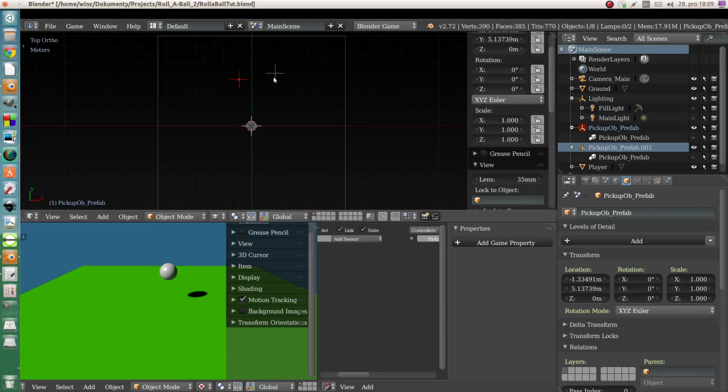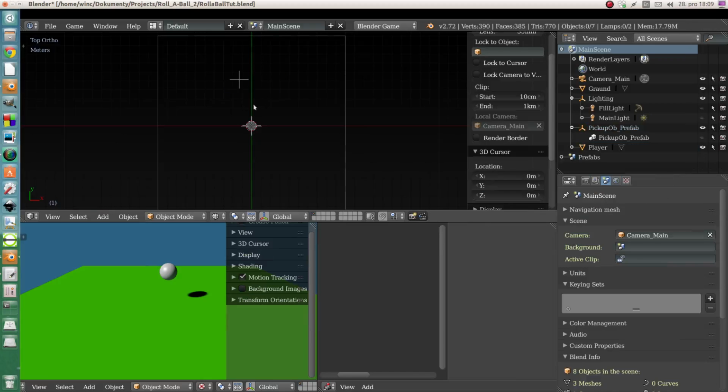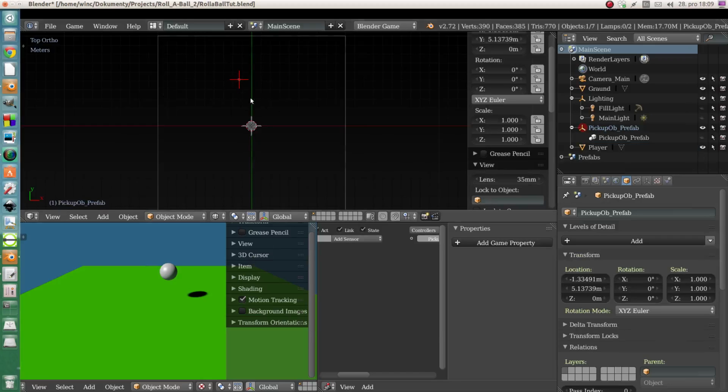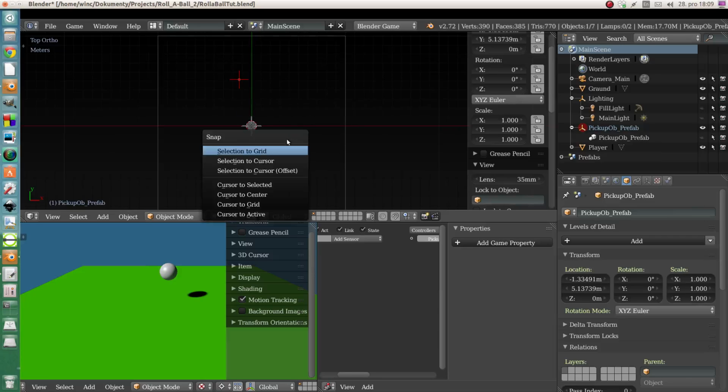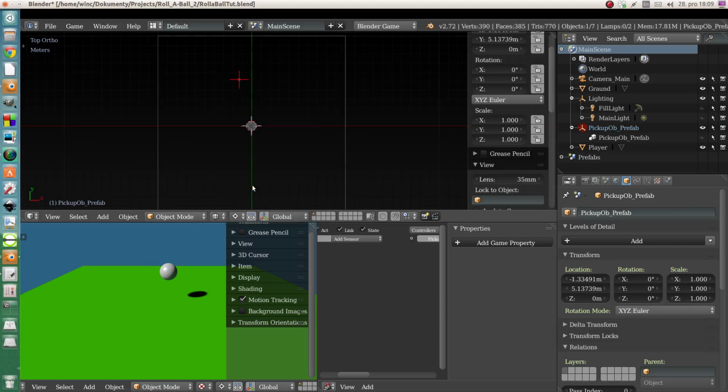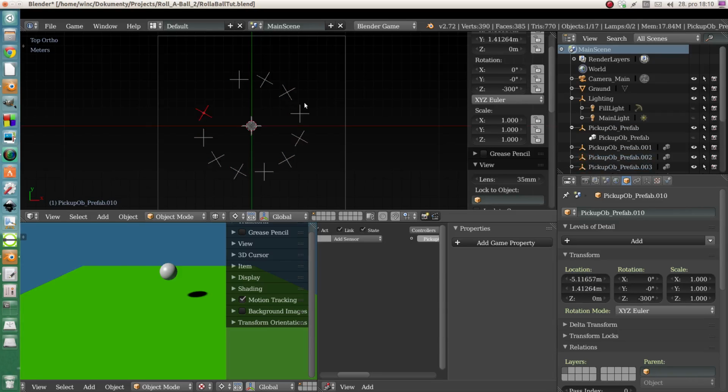Okay. So what can we do? If for some reason I have shifted the mouse cursor, but whatever, we can set transformations to the 3D cursor, which is in the center of our scene. If it's not, I can go Shift S and cursor to center, and with Alt D, R, rotate it by 30 degrees because I want 12 of them, and with Shift R I can repeat this step 11 more times,